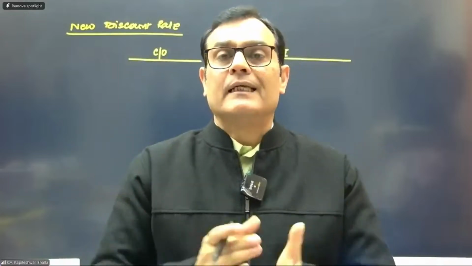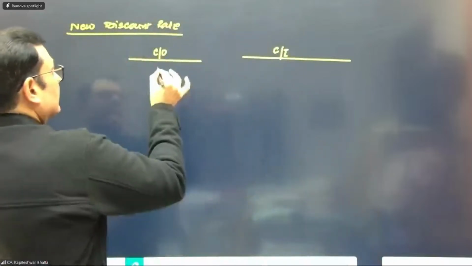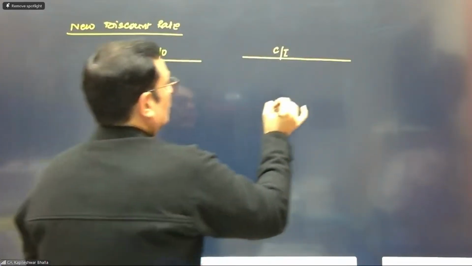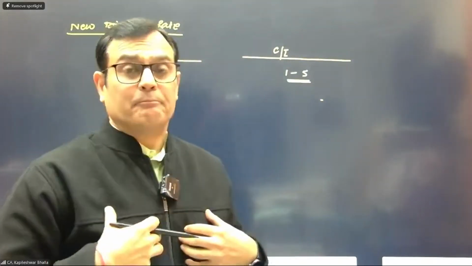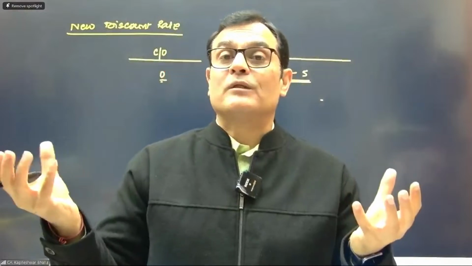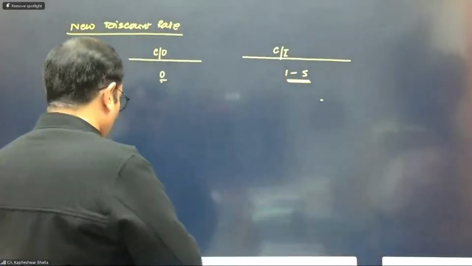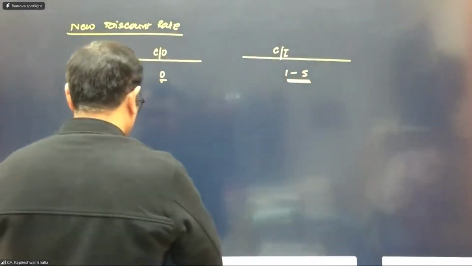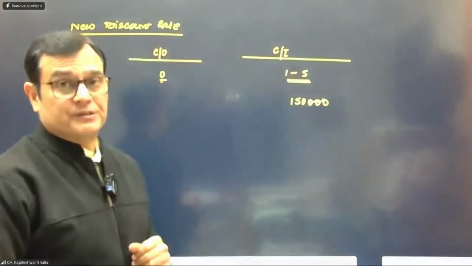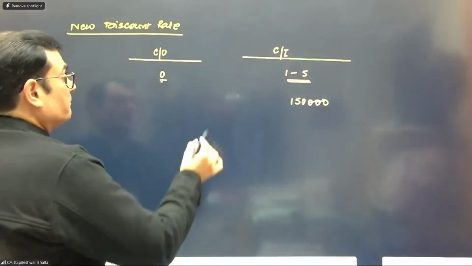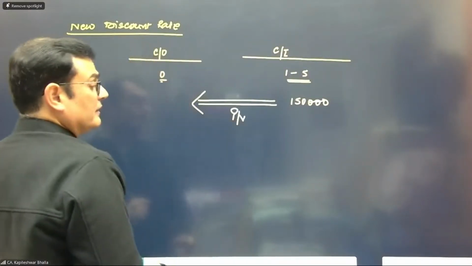So in this particular case, let's think from the investor's point of view, the holder's point of view. We can say there is an outflow at time 0 and there is an inflow over the next 5 years. If I'm looking at the inflow, this investment will give you 1,50,000 dividend every year for the next 5 years. And we decided that the present value of all these inflows